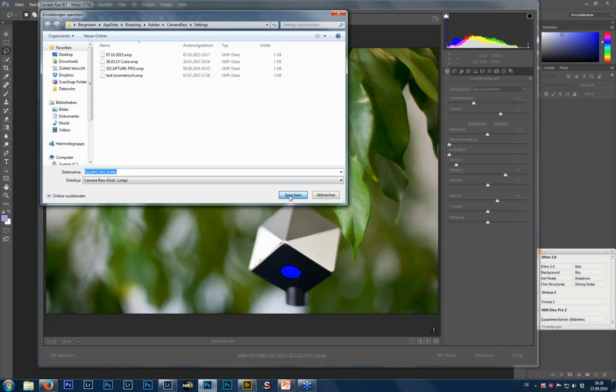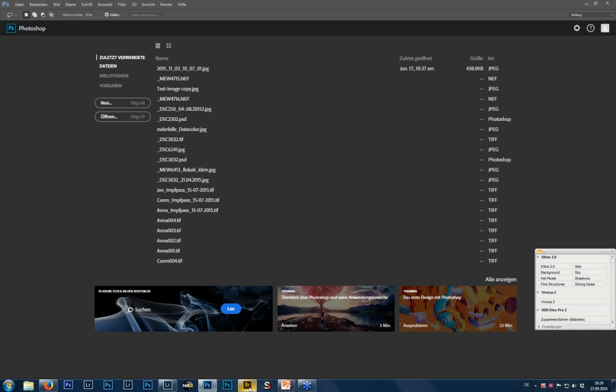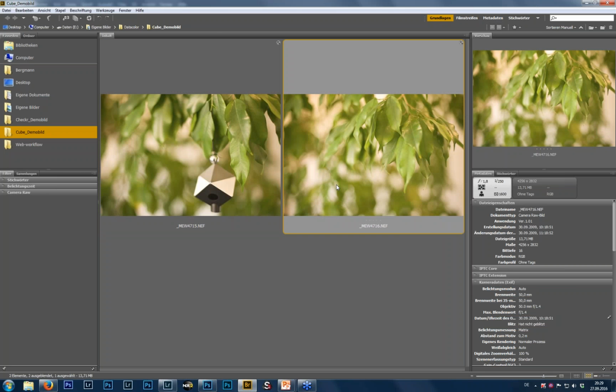Okay, I save it, and that's it. I will not open the image. I will just say cancel here, go back to the Adobe Bridge, and now what I can do is I can just open this again,